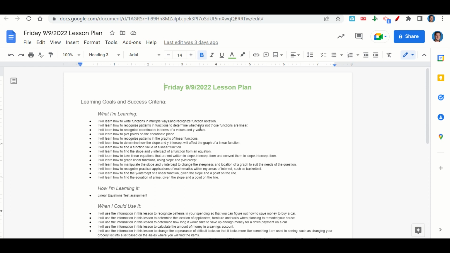determine whether or not those functions are linear, to recognize coordinates in terms of x values and y values, to plot points on the coordinate plane, to recognize patterns in the graphs of linear functions, to determine how the slope and y-intercept will affect the graph of a linear function, to find a function value of a linear function, to find the slope and y-intercept of a function from an equation,